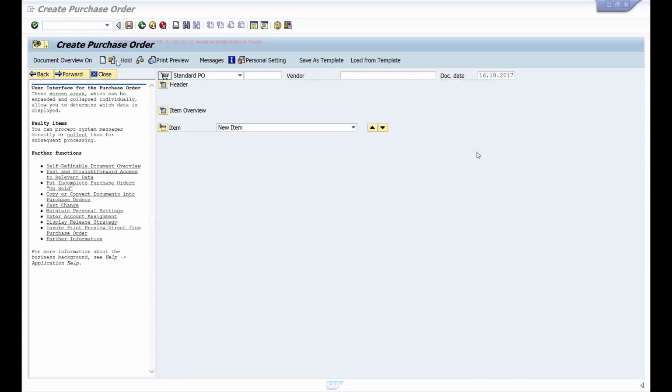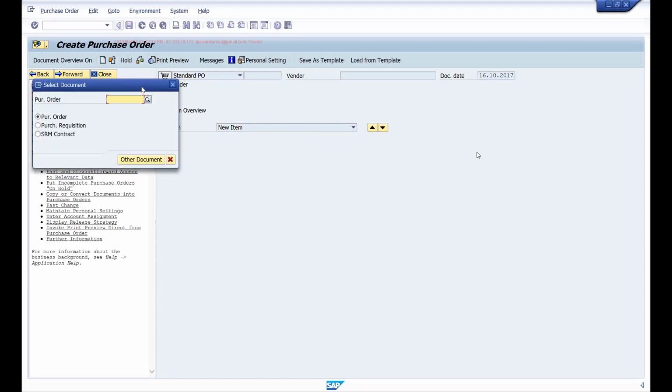here if I open that purchase order, it's compiling the transaction because we've just activated the enhancement.